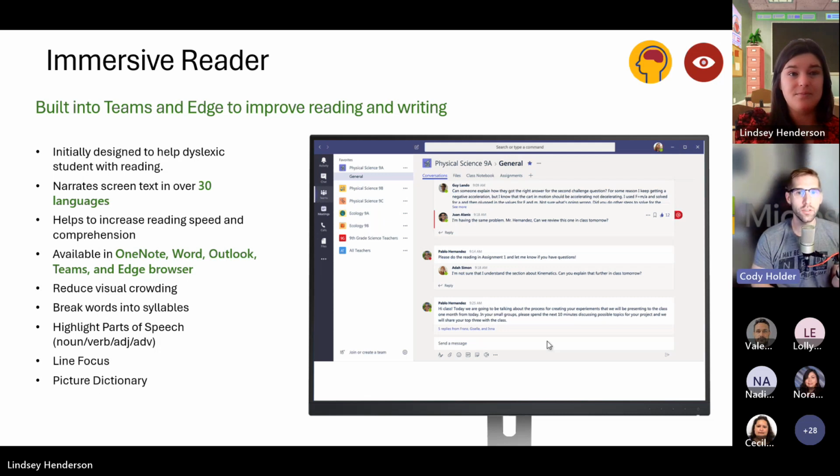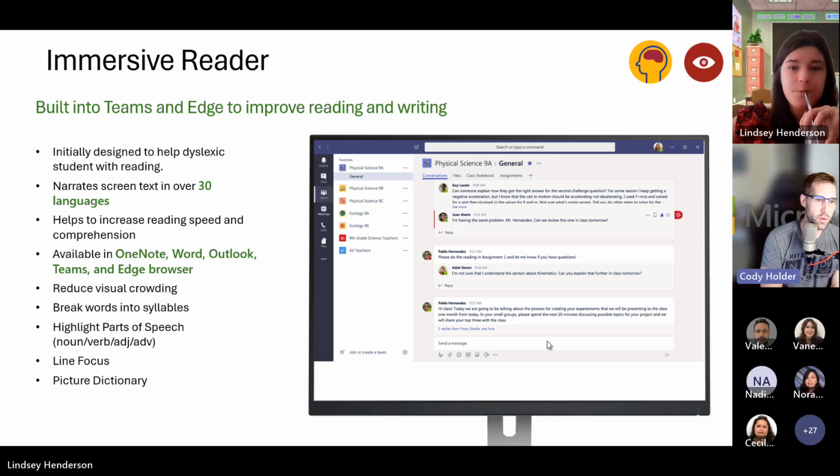This is also a really good tool, and Lindsey, those are great examples, but this is also a really good tool for ESL and ELL learners. It's one of those things that you can use for single line translation, or you can translate an entire document. The great thing about this too is it's read back to you, and it doesn't sound like Siri, or if you're an Android user, it's Bixby. It doesn't sound like a robotic voice reading back to you.